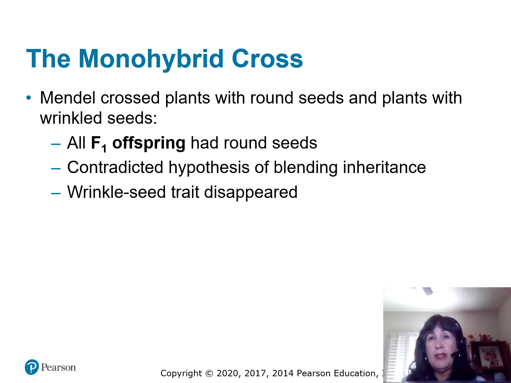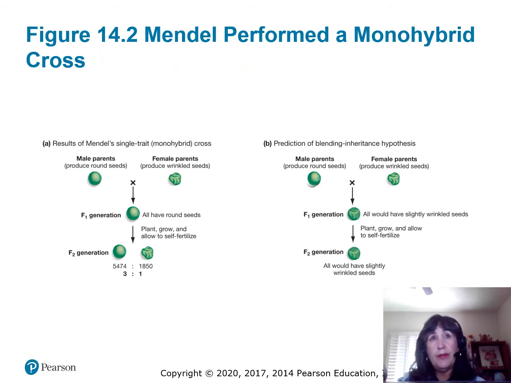So Mendel crossed a lot of plants to see what kind of offspring he would have, and then he counted the traits. And so that's how he started learning how traits were passed on from one generation to the next. So here you see an example of some of the traits that he looked at, and these are for monohybrid crosses, and this is what you're responsible for in this class.